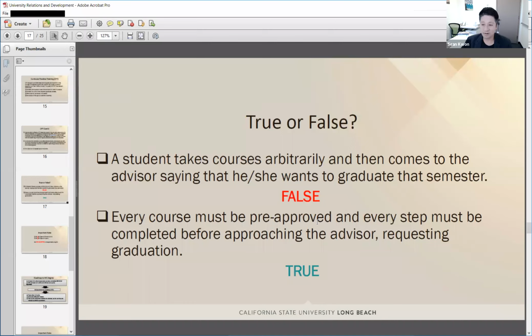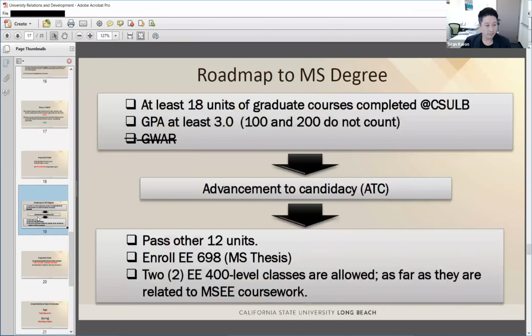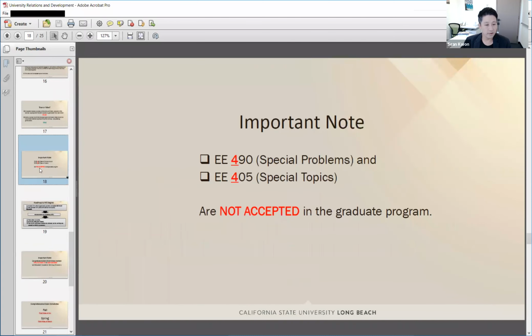Regarding GUAR, we don't need to satisfy the GUAR requirement anymore. Okay, this is a sort of important note.